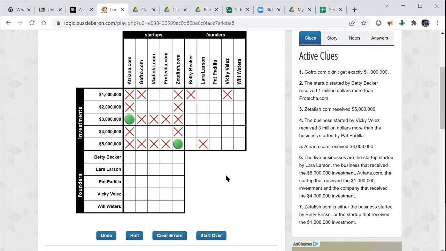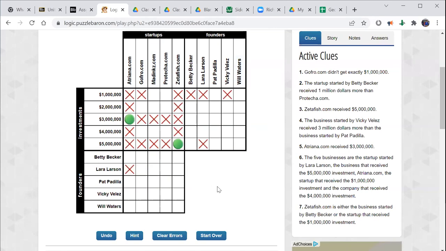Atriana.com, so we know Atriana.com also didn't get 5 million, right? But we don't really care about that because we already know that Atriana.com got 3 million because they said it right here, right? The startup that received 1 million, all right? So Laura Larson didn't receive 1 million, didn't receive 5 million, right? And also Laura Larson is not associated with Atriana.com,